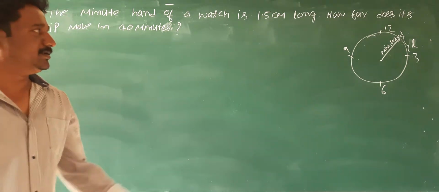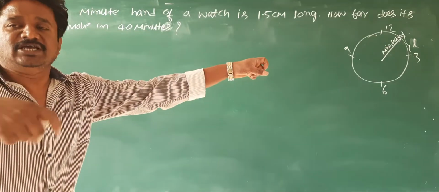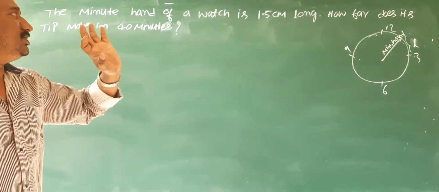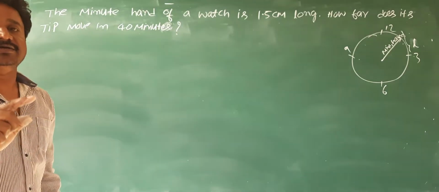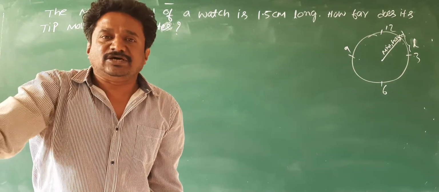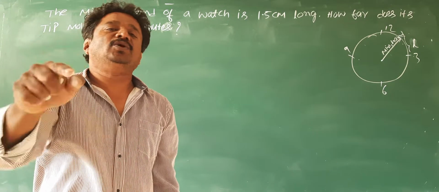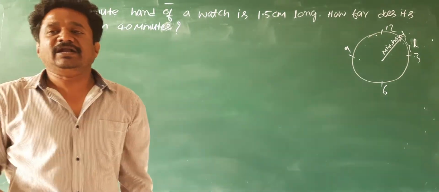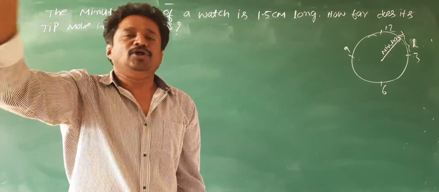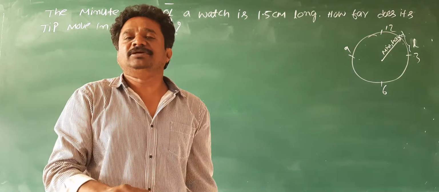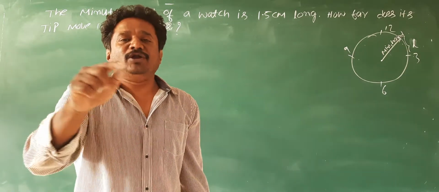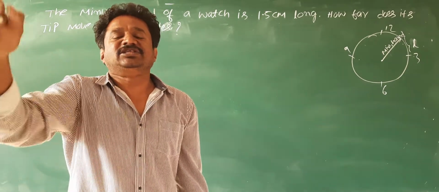Now let us go on, students. R is given, so theta is required to calculate. L is asked to find out. Look at this, students. You have seen the minute hand in a clock. The minute hand takes 1 hour to complete one full rotation. One full rotation means how much is that angle? The angle is 360 degrees.